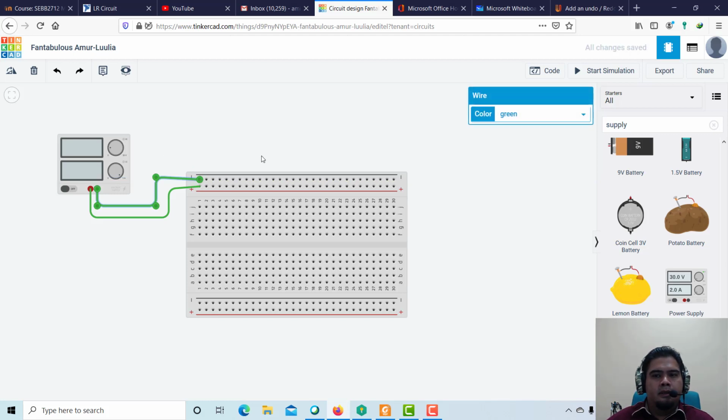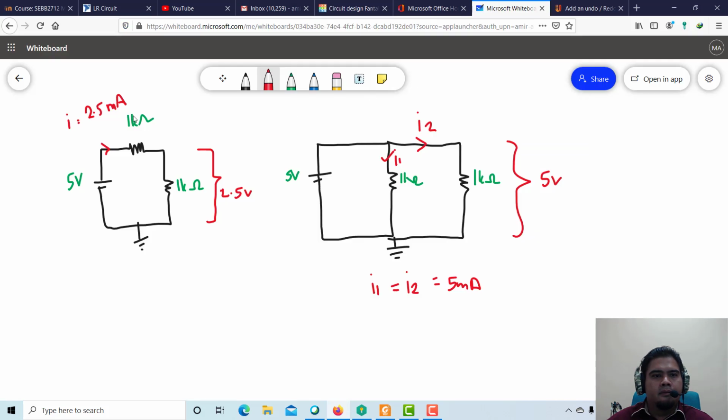Because our power supply should be 5 volt, you click on this one, which is the properties. It's already 5 volt, so you don't have to touch it anymore. After that, of course, the negative will represent the ground. After that, you need to connect